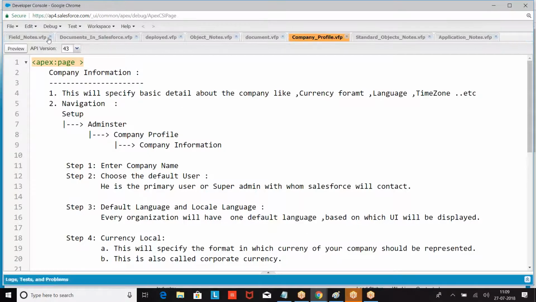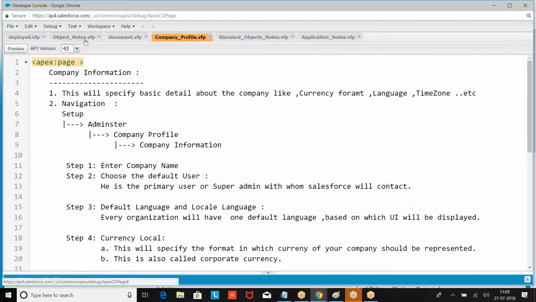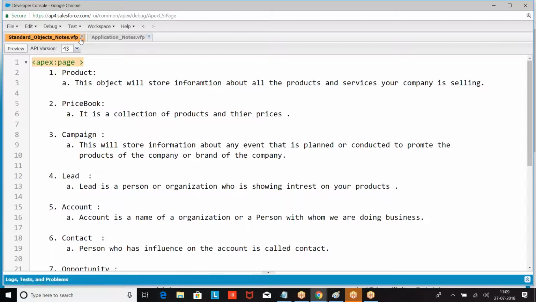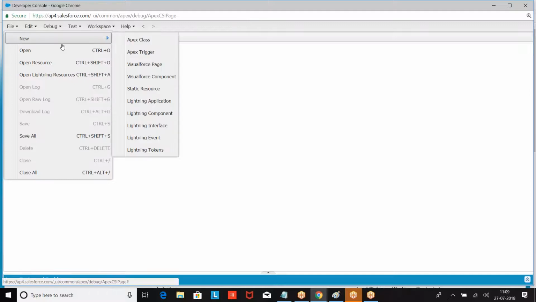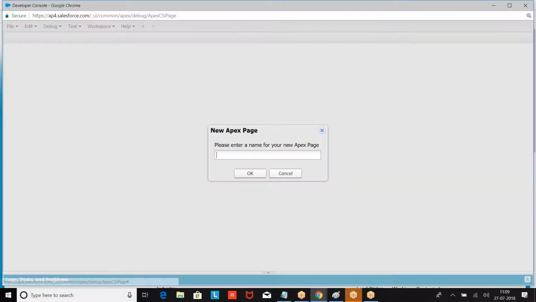Now, what is the purpose of this field? If you want the system to calculate the value of a field, then we are going to use formulas. When do you use the data type called formula? If you want the system to calculate the values, we will go for formula. Right. So let me give you.